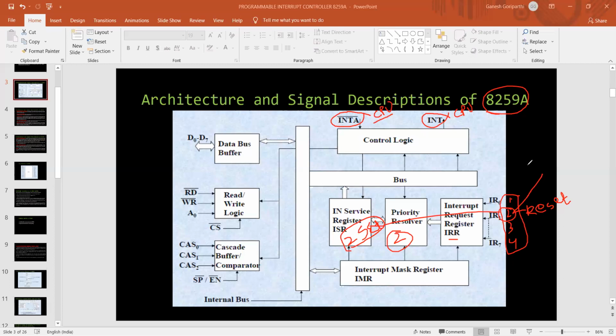The one practical example I'm giving you: you'll be seeing the toll gate. When you reach the toll gate, you'll have a gate. After paying the toll tax, the gate automatically gets lifted and the vehicle gets passed on and moved.